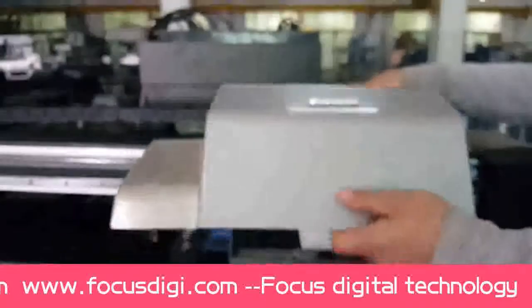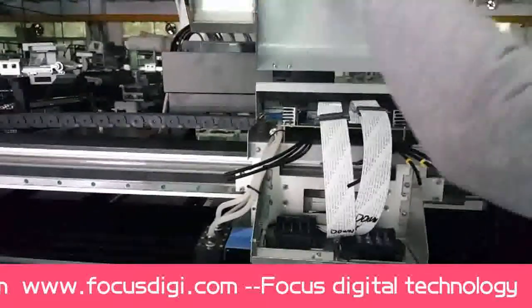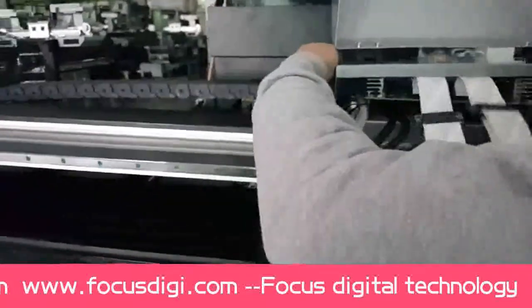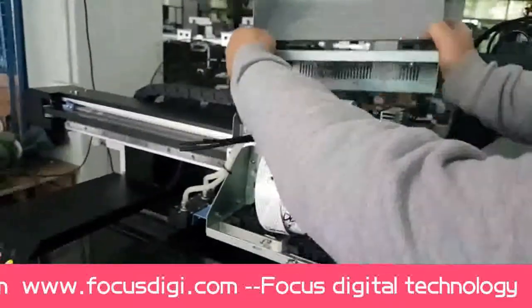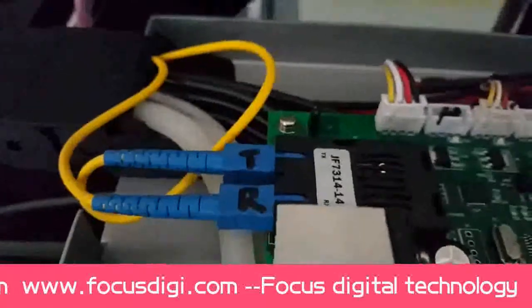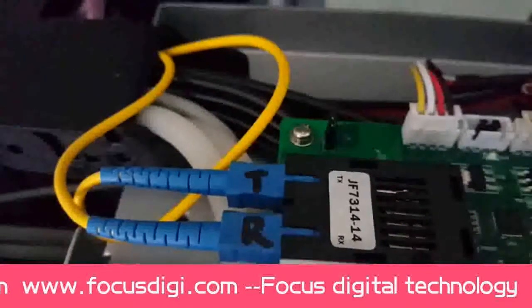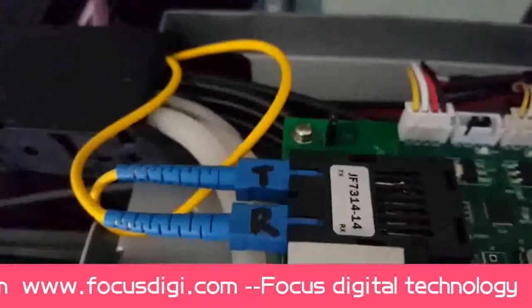We can take out the front cover. When we take it out from the cover, we will see it's also a fabric. Mean the TX with RX. So the connection is TX connect with RX, RX connect with TX, as two different the both sides of the